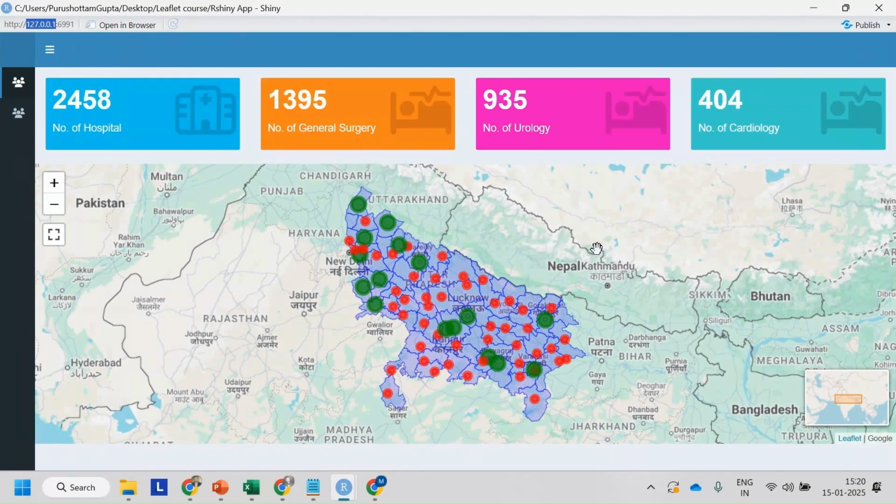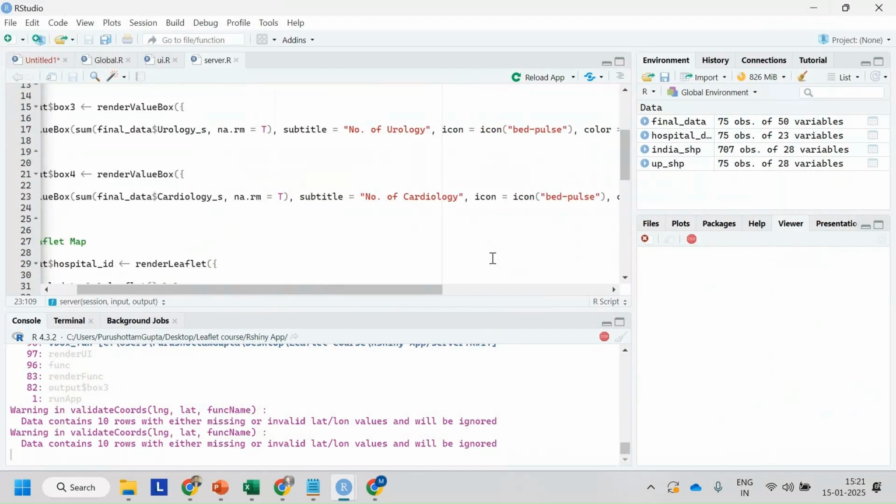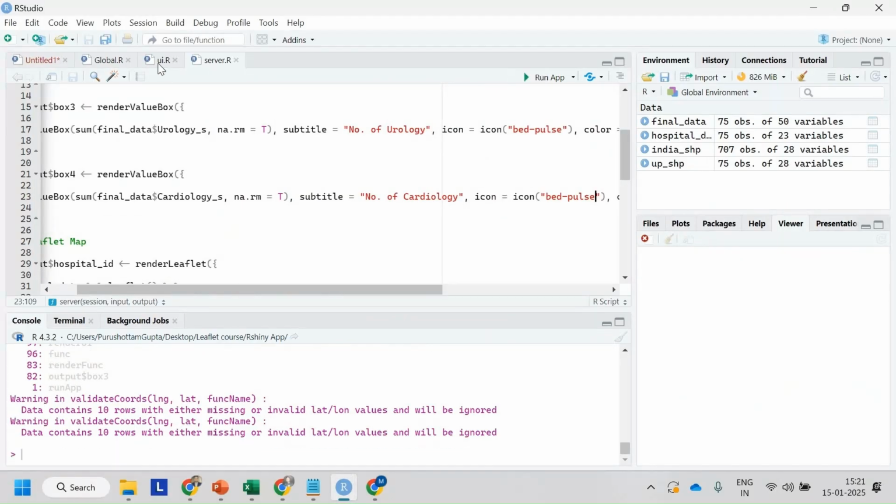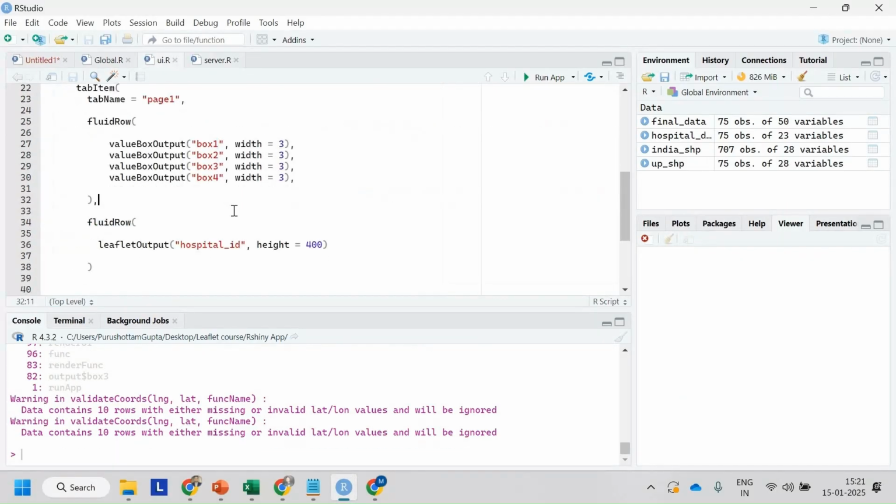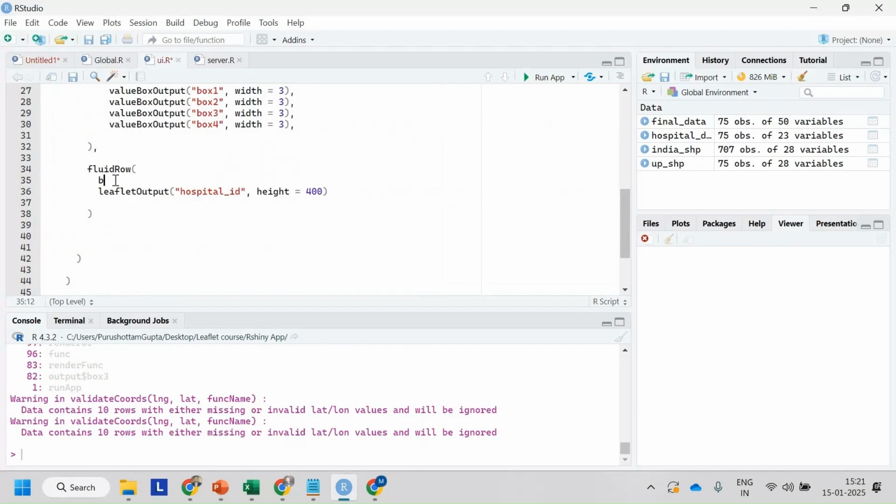Now that we have created the dashboard and we have also created a value box in it, we have created a leaflet map. Now if I want to use multiple boxes over this, like one box here, one box here, and in this box we want to have a leaflet, and in this box we want to have something else, let's see how we can do that. So I'm going to stop this and go to UI, and within UI I'm going to provide a box, and in the box function I can provide the title of the box, like